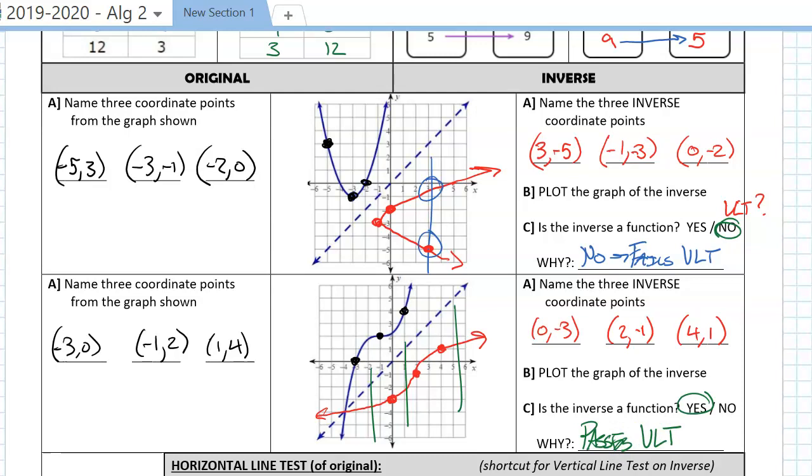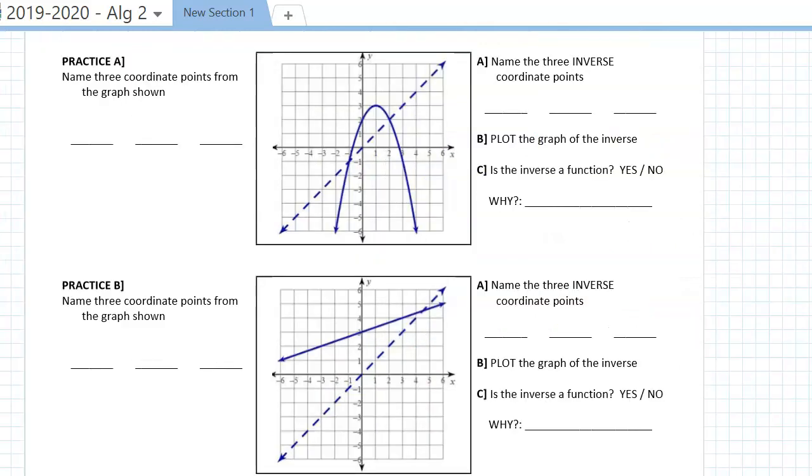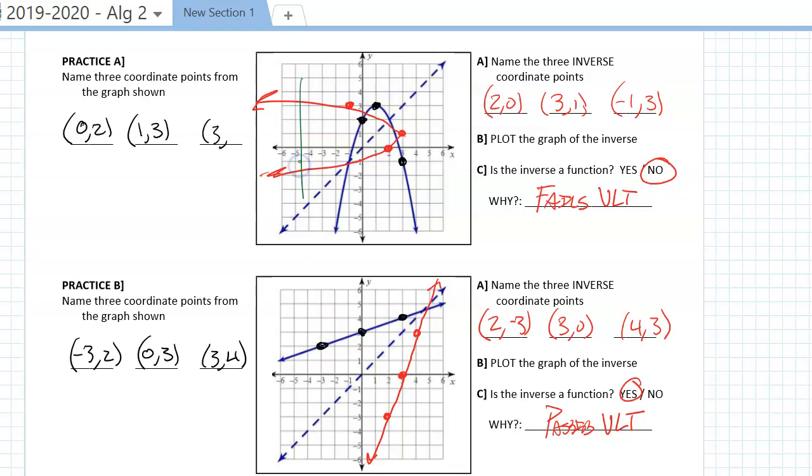Let's take a look across the way. Why don't you go ahead and try the 2 examples that are there. The answers will appear in 3, 2, 1. In our first example, we see it fails the vertical line test, and in practice B, it passes the vertical line test,